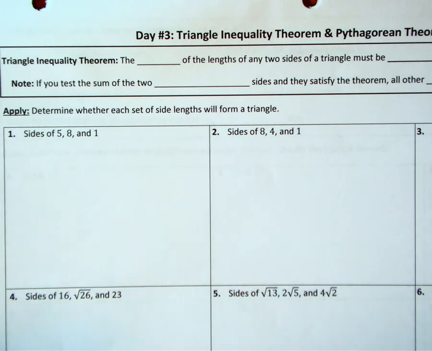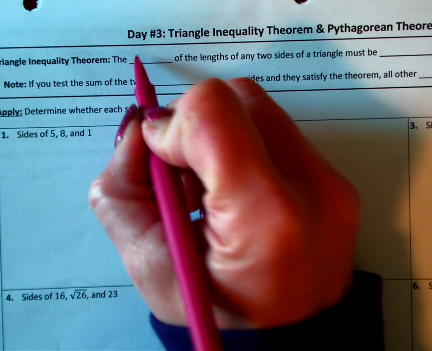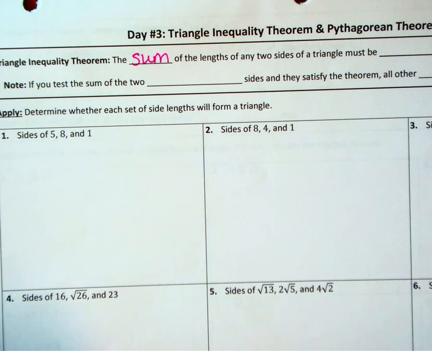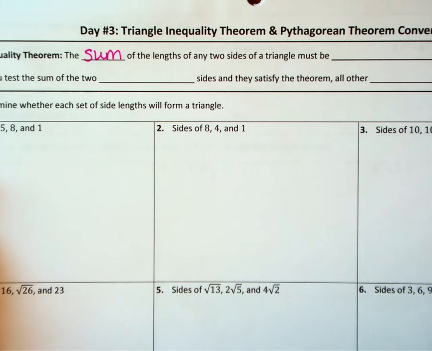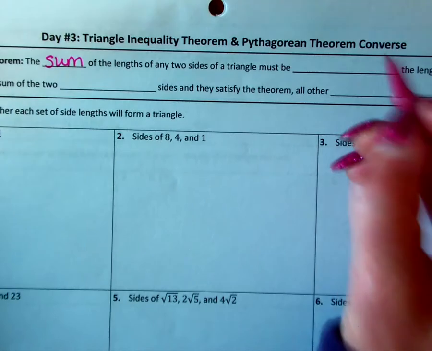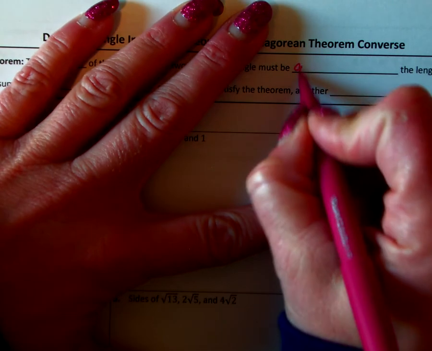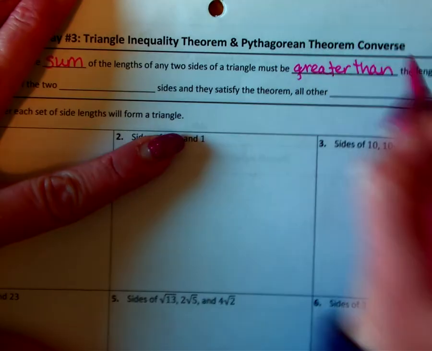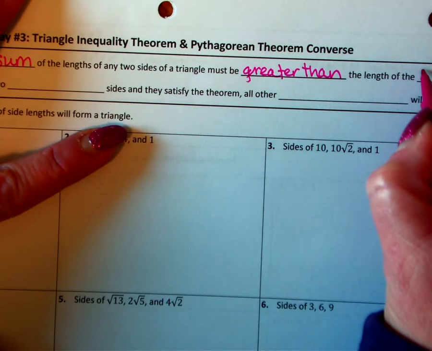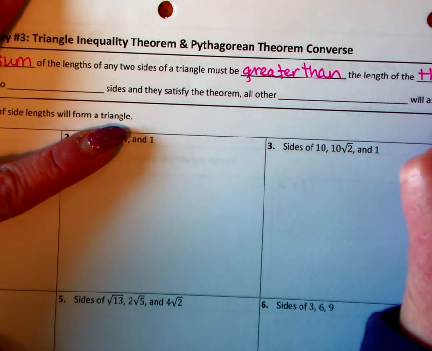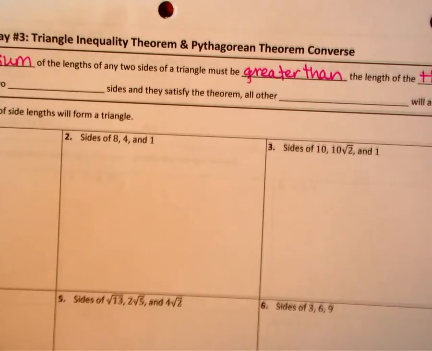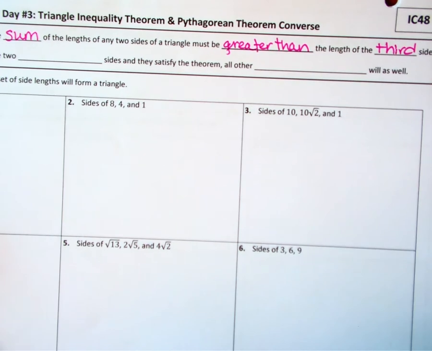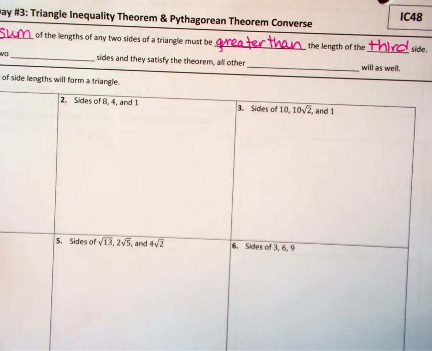says that the sum, which means remember we're adding them together, the sum of the lengths of any two sides of a triangle must be greater than the length of the third side. Okay, so let me zoom this out so we can see the whole thing here. The sum of the length of any two sides of a triangle must be greater than the length of the